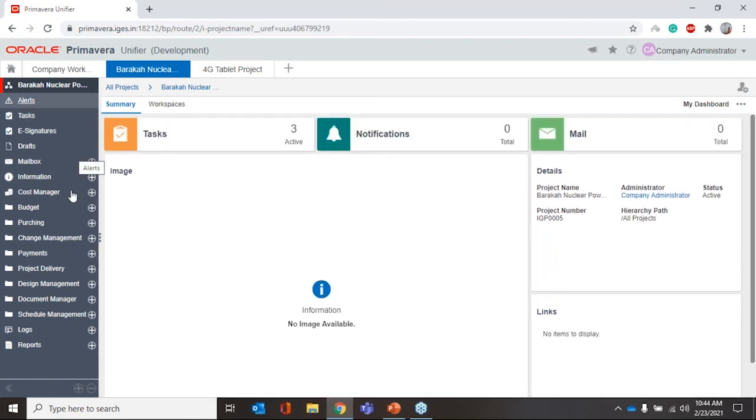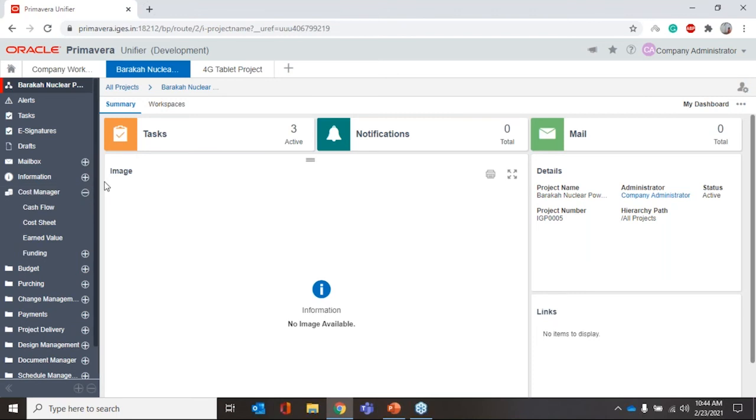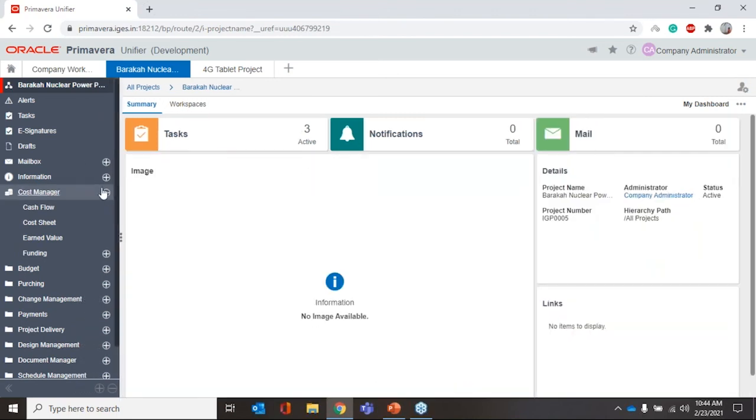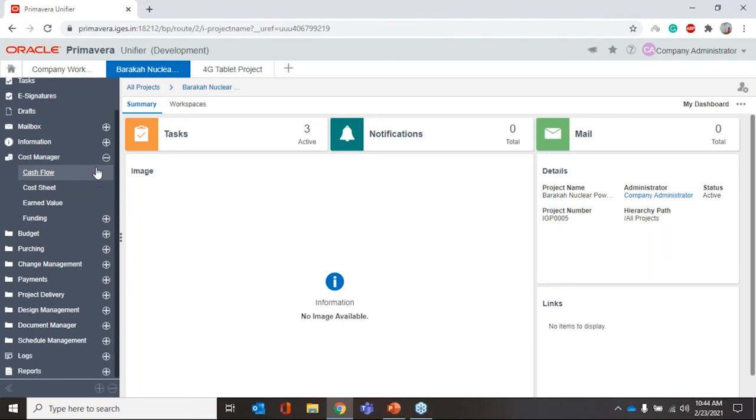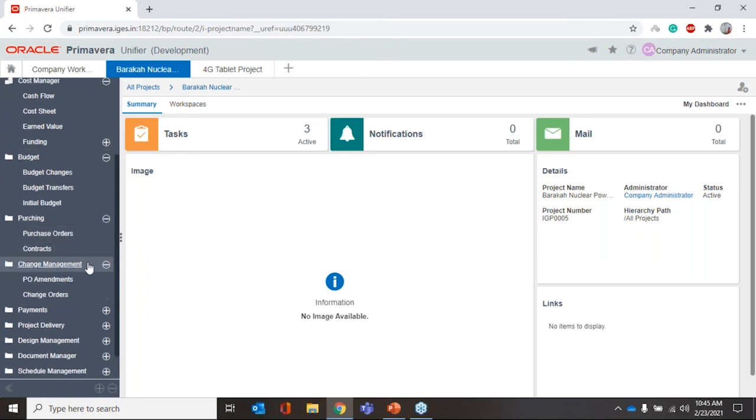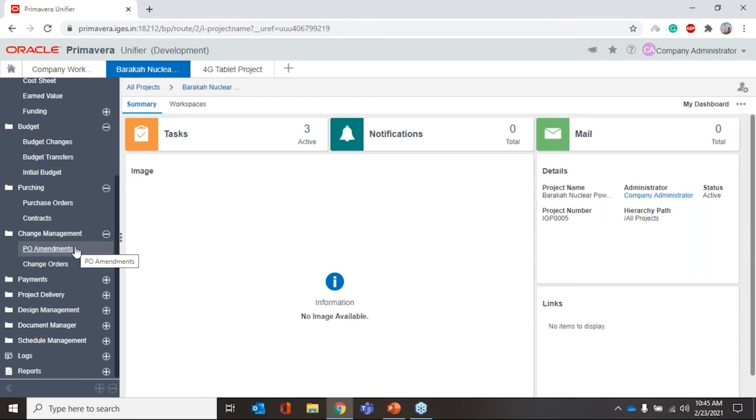So here, if you see, all the business processes are listed on the left side pane, where first I will discuss what are the processes that are available, then we will see one of the processes and how it works. So here in Cost Manager, I have cash flow, cost sheet, and value sheet, as well as the funding sheet. Okay, then in budget we have initial budget, budget changes, budget transfer. In purchasing we have purchase orders as well as contracts, and in change management we have PO amendments and change orders. Then we have the payments,